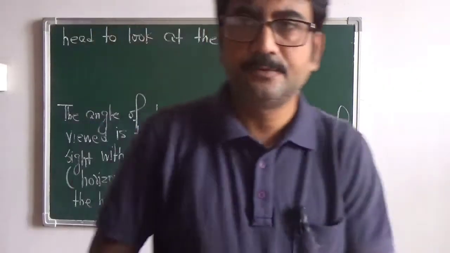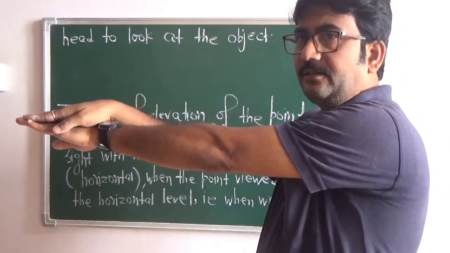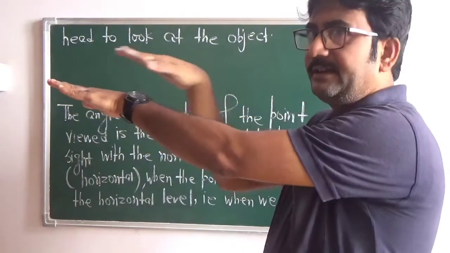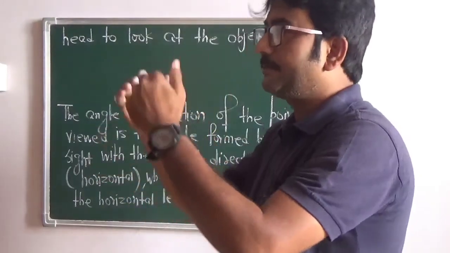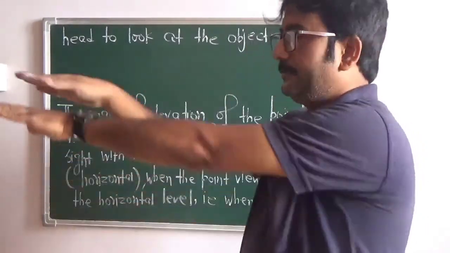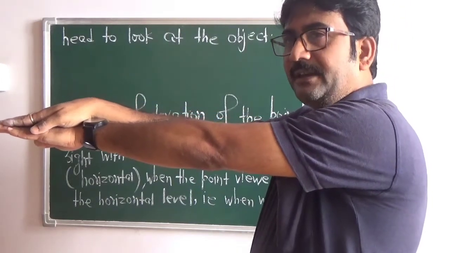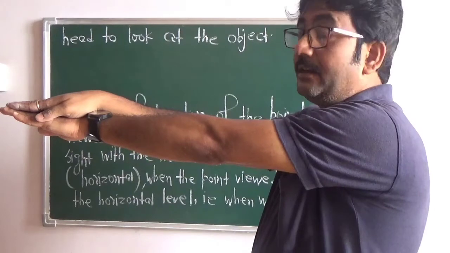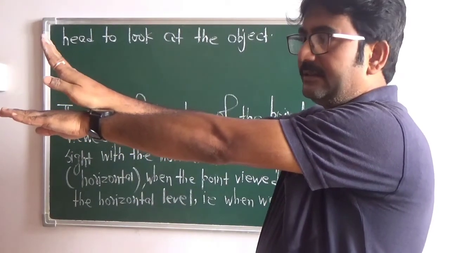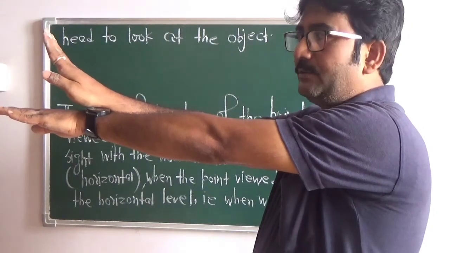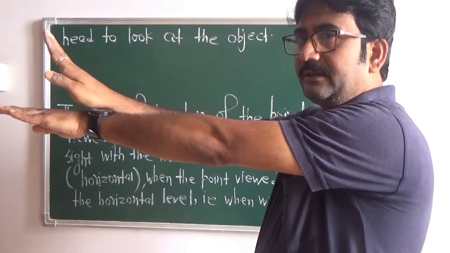Actually, what is happening? Supposing this is your normal direction of vision. When you stand on a horizontal level, this is your normal direction of vision because you look straight. So the direction in which we see normally is the normal direction of vision. When you talk about the angle of elevation, that means we have to raise our head because the object is above the horizontal. So you are raising the head up so that you can look at the point on the object, and this is the angle which is made, called the angle of elevation.